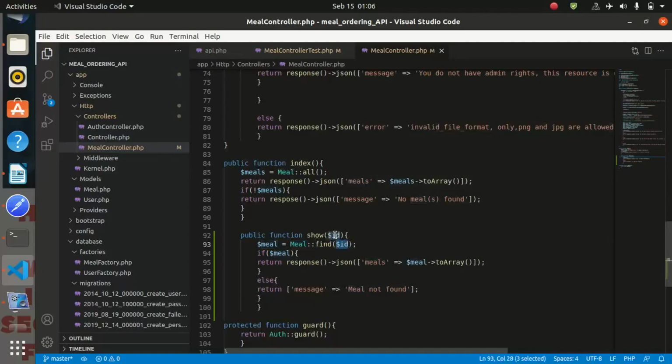So if we pass in, as you are seeing in our test, we are passing in 12, a meal with ID 12, meaning that it will pass the ID 12 here and it will find a meal with the ID 12 and it will return all the details of that meal into an array. If the ID you pass here does not exist, the code must return a message, meal not